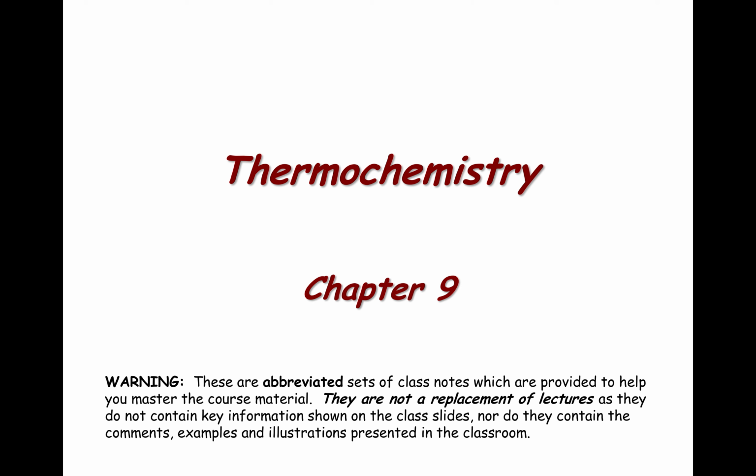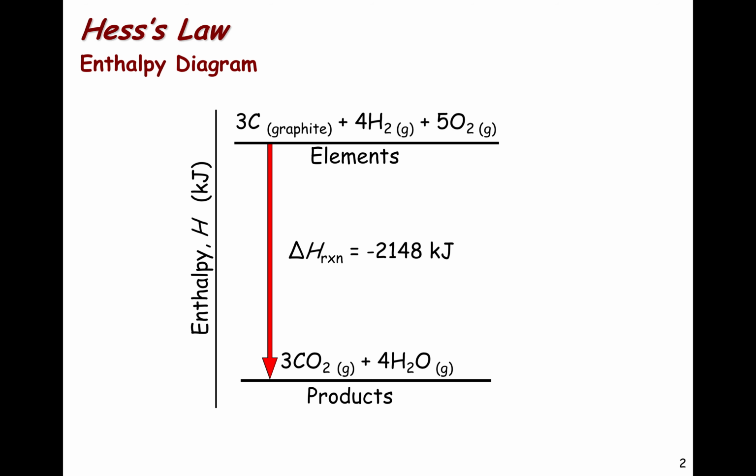In this video, we'll talk about Hess's law and the combination of various thermochemical equations to come up with other equations. As an example of how Hess's law can be applied to the process of determining the enthalpy for a reaction, we see here the reaction of elemental carbon in the form of graphite reacting with hydrogen and oxygen to